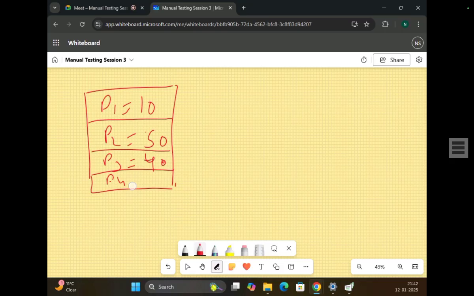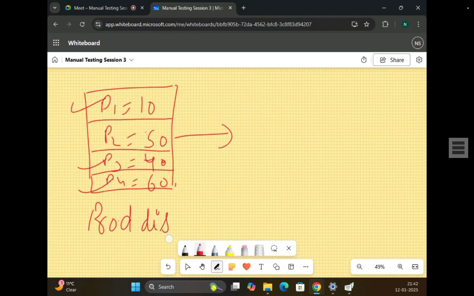Let this be 60. You add to cart P1, P3, and P4. Now you move to the checkout page. This was the product display.